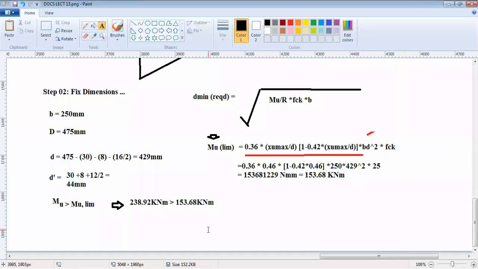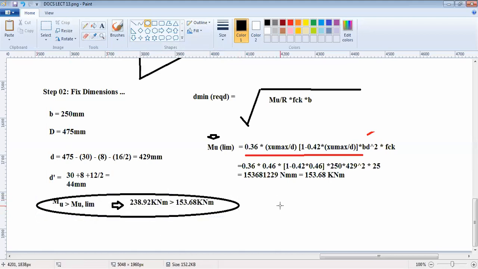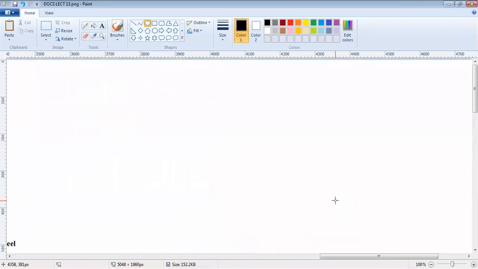Now, in such a case, when you have a limit to dimensions as well as to the FCK, and your MU is coming to be greater than MU limiting, what do you do? Then we go for a doubly reinforced section. Now, how do we do this? First of all, we have now determined MU. Let's first determine, if it's MU limiting, what is the value of